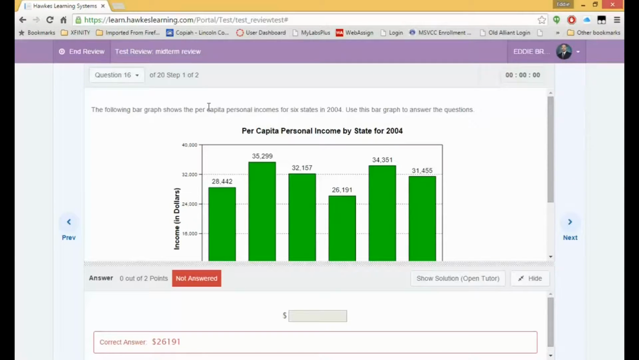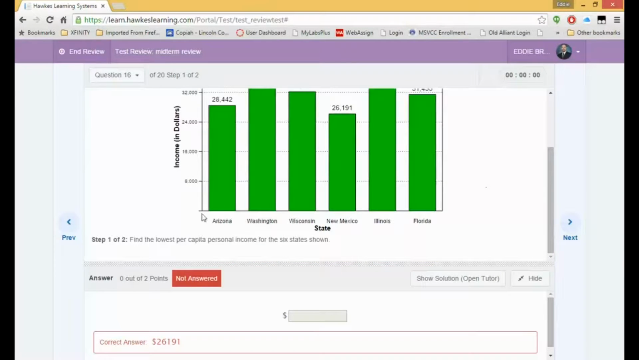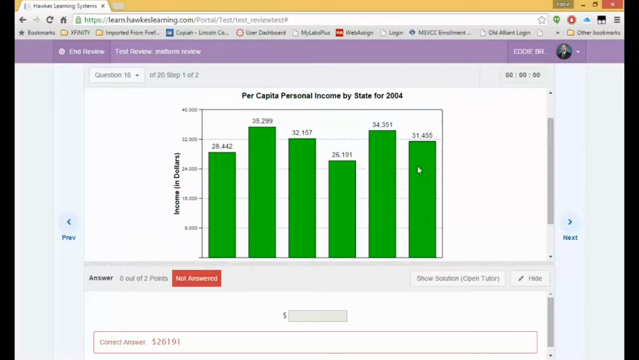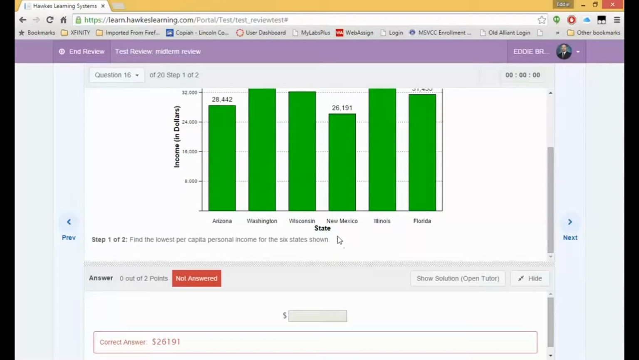The following bar graph shows the per capita personal incomes for 6 states in 2004. Use this bar graph to answer the questions. So it's probably pretty easy. Find the lowest per capita personal income for the 6 states shown. So of course, it's just going to be the smallest number, right? So that's New Mexico